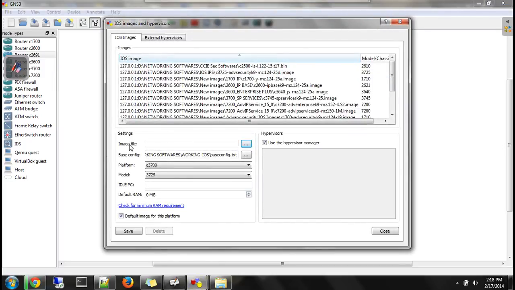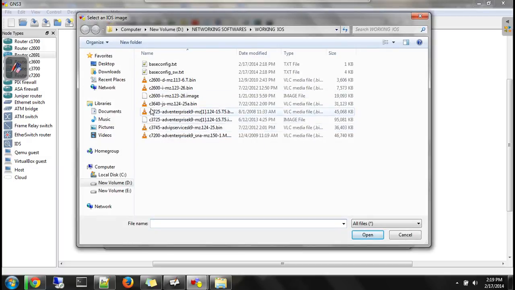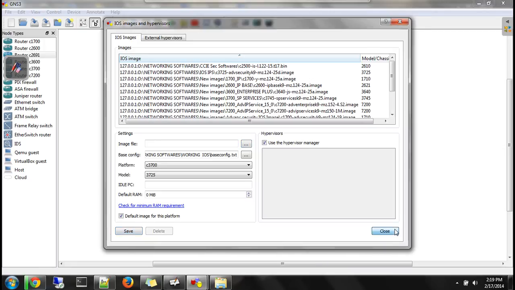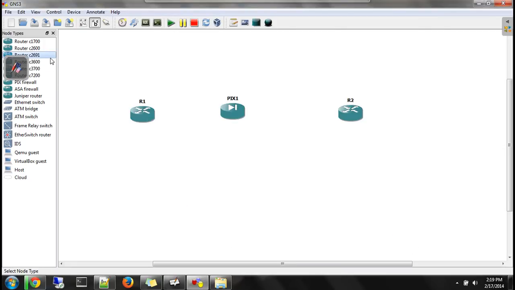Over here, come to this field, locate the IOS image file, and then click on open. Once you click on open, it will come here. You need to save it. After saving, close. Then you can come to the workspace, drag a router to the workspace and use it. That's all. Fine.